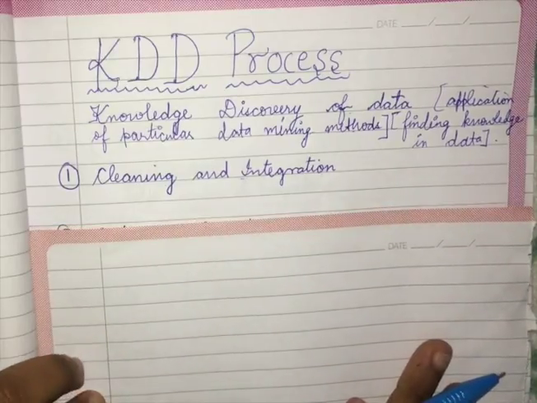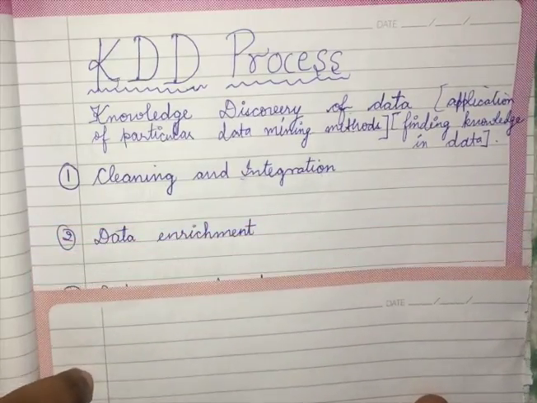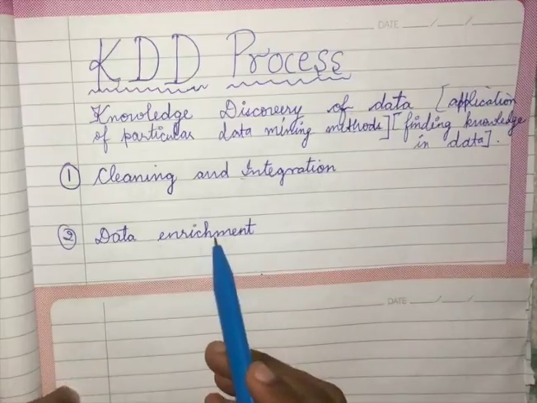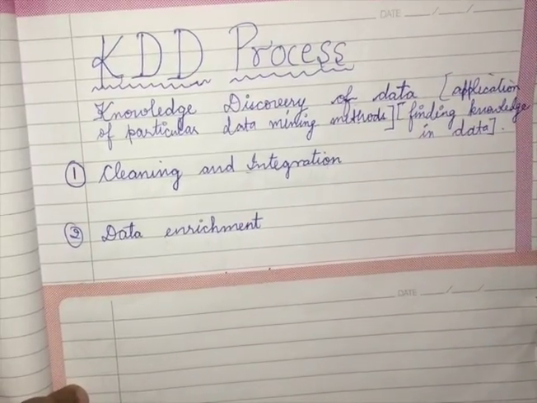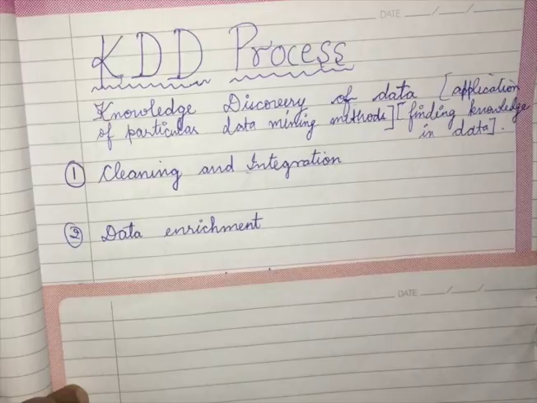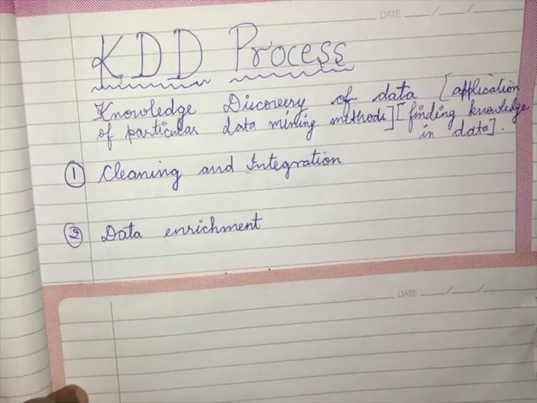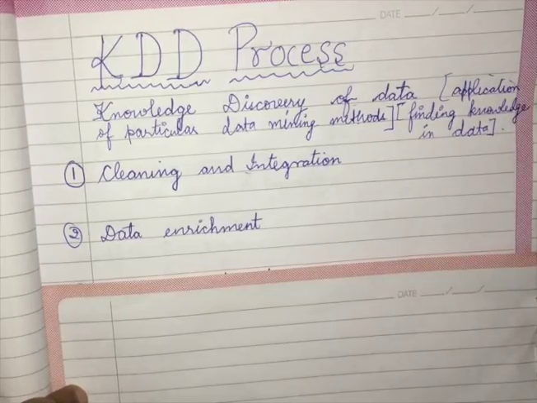Now the next step is data enrichment. What do you mean by enrichment? It means increasing the value of data. For example, some staff members have arrived, or some new students have taken admission in the college, or you have a new number of books in the library. So I have to make new records. Suppose they were missing in the previous tables or previous data, I will add them to the repository. So that is data enrichment.